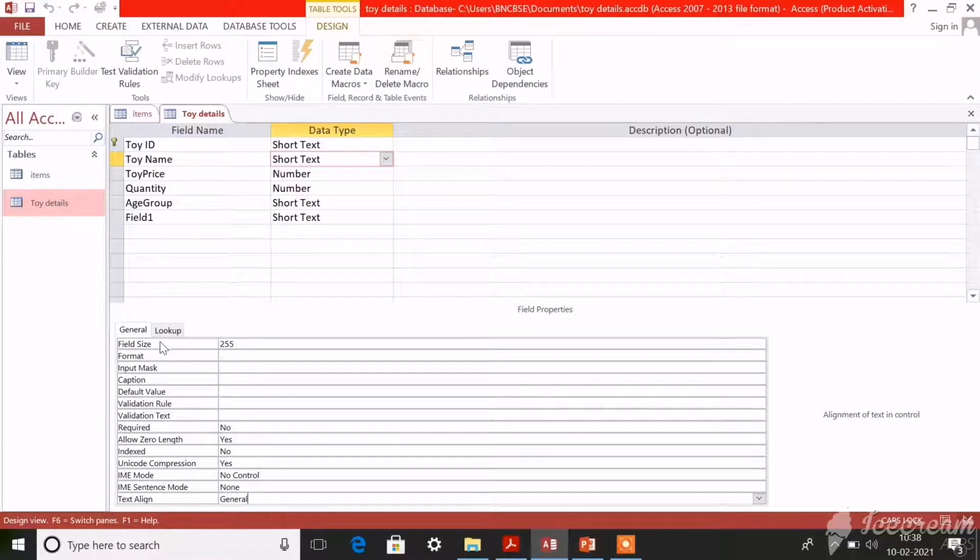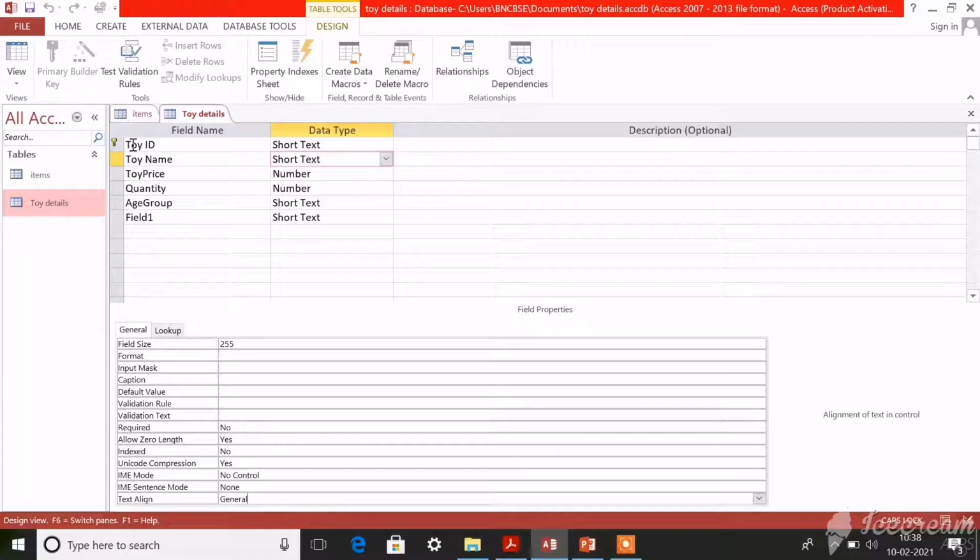Okay, so the first option is called field size, isn't it? Do you know what field size is? It is the maximum number of data you can store in a particular field. You know that in a table we usually have rows and columns, isn't it?